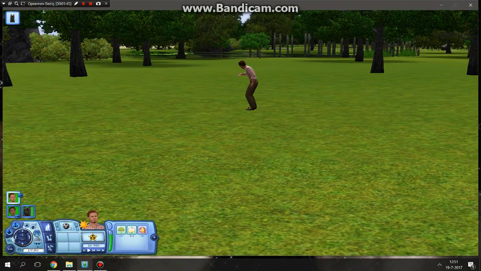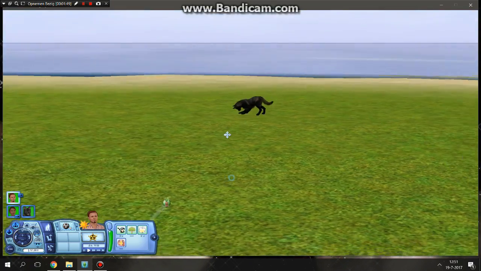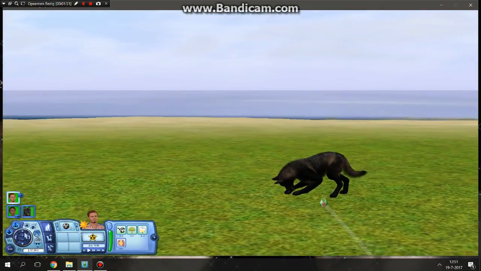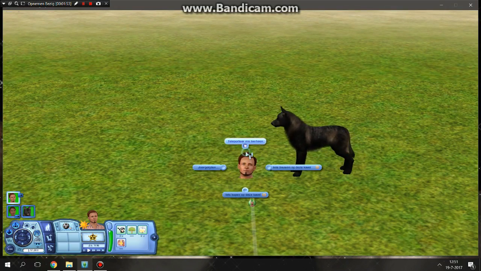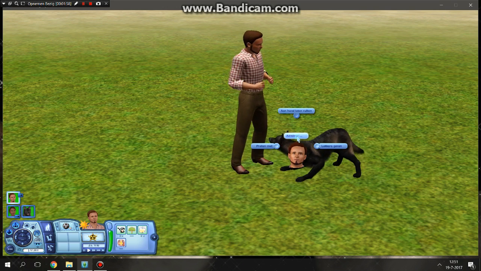So that's kind of how it works. It works with any animation interaction which you use. So it doesn't really matter. You can also use another one. I will give an example. A nice example is